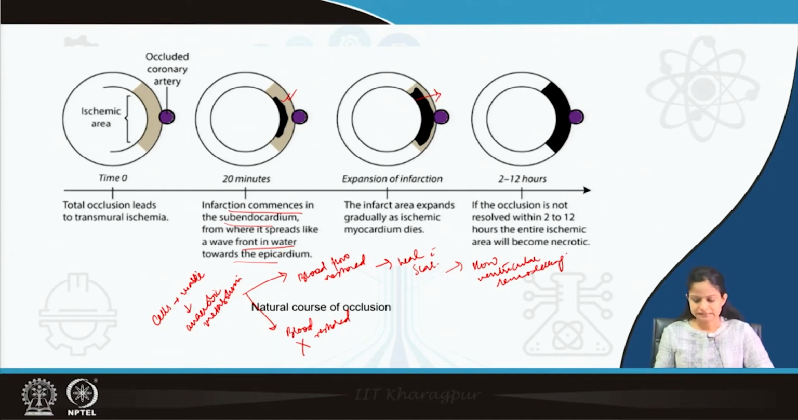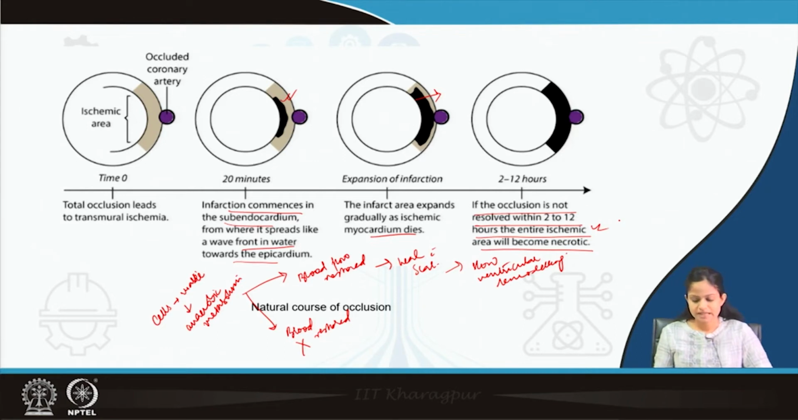necrotic, it will die, the ischemic myocardium dies. If the occlusion is not solved within 2 to 12 hours, the entire ischemic area will become necrotic. The 12 hours time is being given because of the collateral coronary circulations. So, that is why we get this 12 hours time. So, 2 to 12 hours, if the blood flow is not reversed, the occlusion is not resolved, then the area